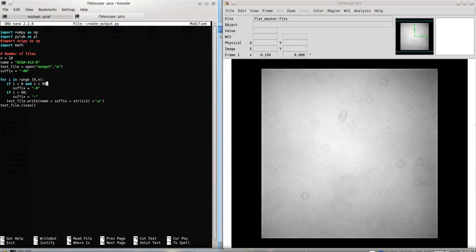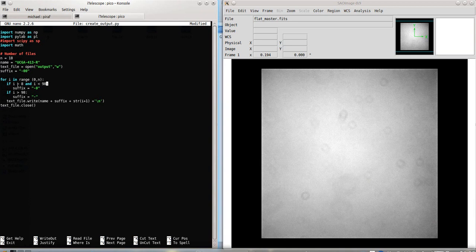So this basically does that. If we hadn't had this little if section in here, you'd just get 2 zeros everywhere in the file name. But because we want to have 001, then 010,